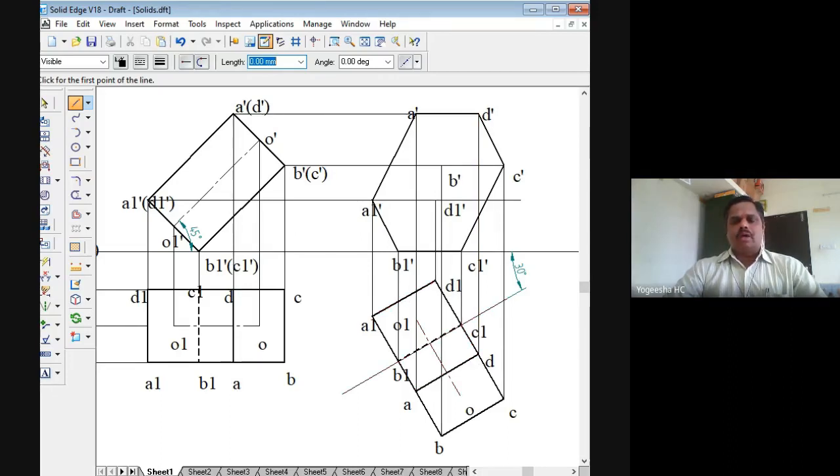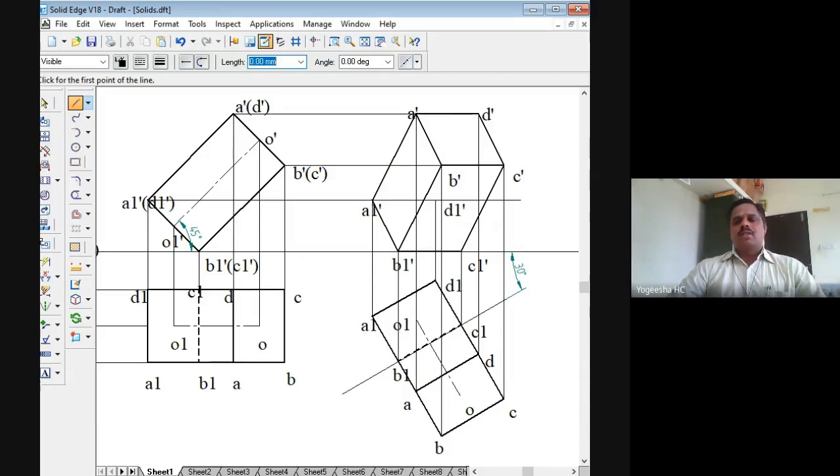So when you are standing from here and you look at the solid, ABCD are nearer to you, A1, B1, C1 are away from you, meaning that ABCD is visible in the front view. That is why in the front view, you have to mark A dash to B dash, B dash to C dash, and C dash to D dash with a thick line. Even this B dash to B1 dash also will be a thick line. So this is how we are marking the thick line.